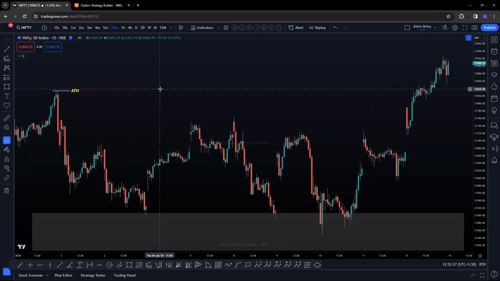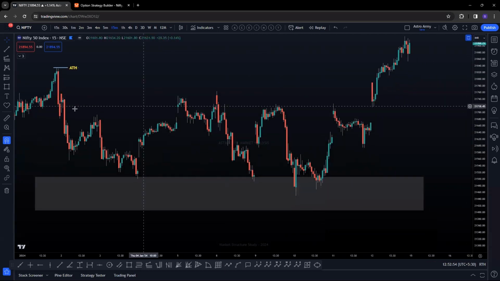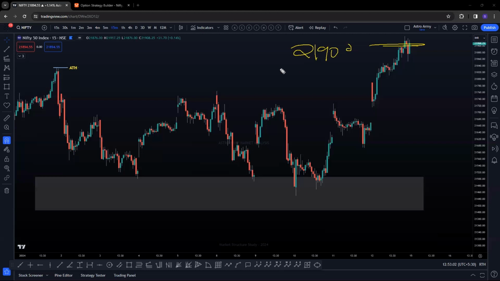Nifty structure, right? So we all came out of a very complex move recently in the past week, and we got a very good blasting upside move as per the time cycle, right? Everything was updated for you guys on Twitter, and you already saw how we knew that if this is a triangle and if there's a breakout coming, we are going to hit 21,900 level, right?